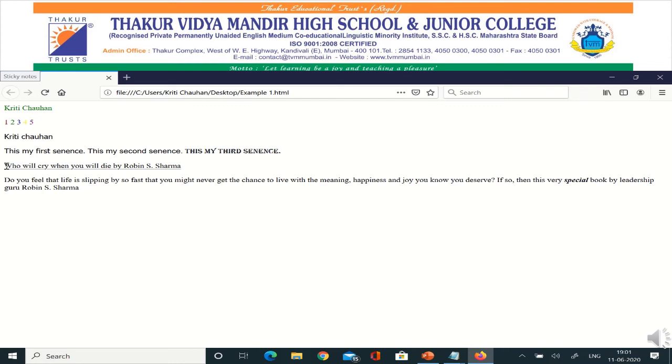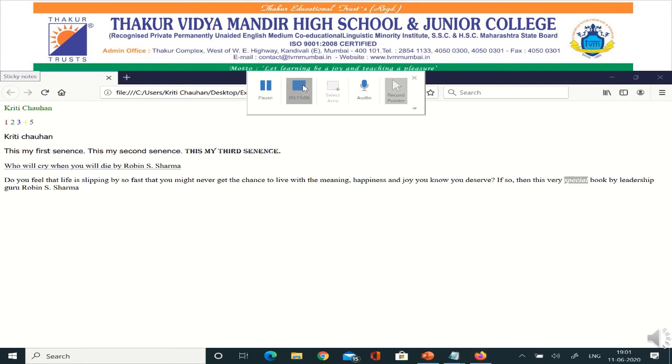Can you see the underline? I have used the underline tag before the title of the novel and closed my underline tag after the end of the author name. And here is my italic and bold style. Italic and bold both are applied together. So this is the output of the given example.